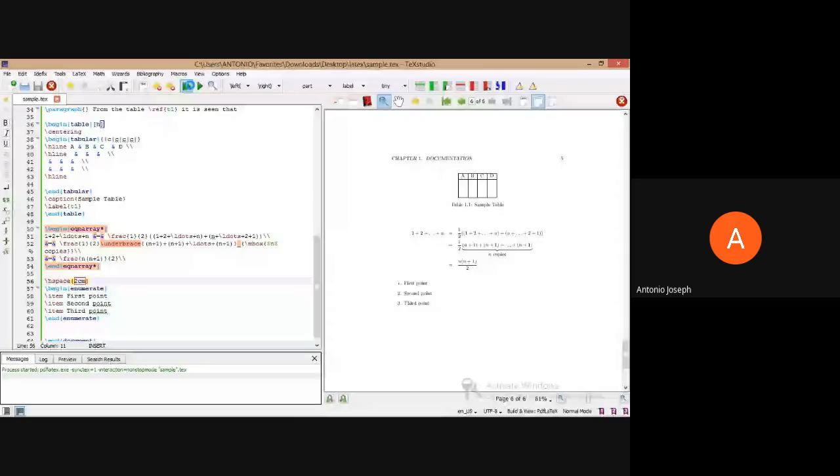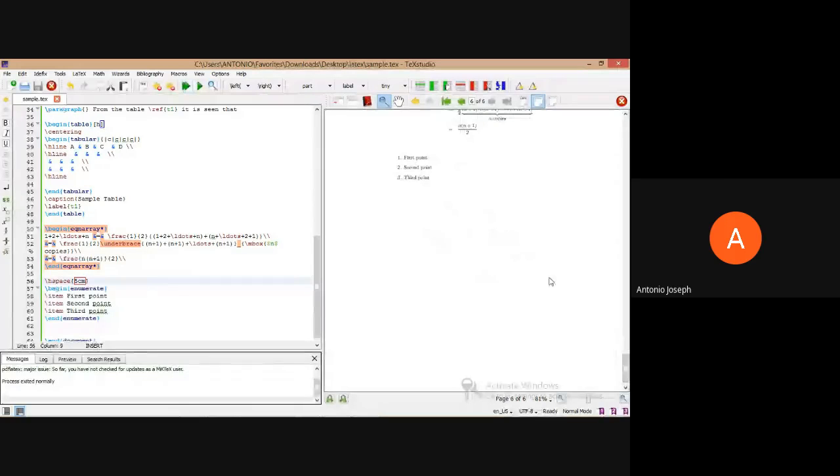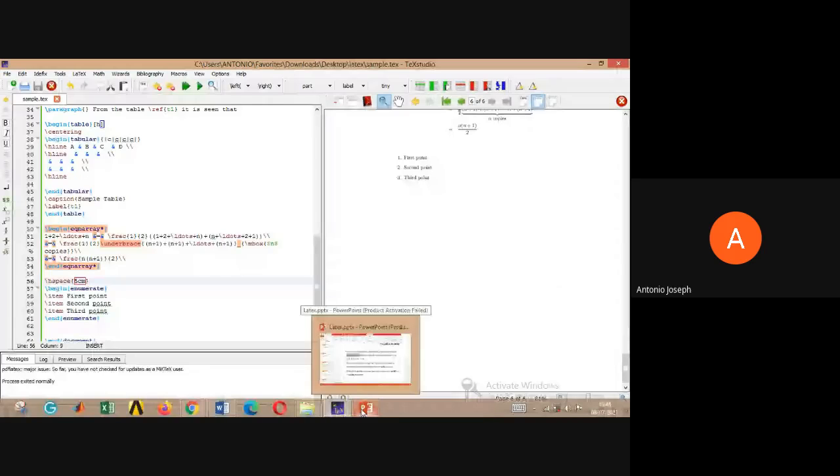So the space will be in between. Okay. So if you are doing this, you can give more number of space. And now it has a 5 centimeter. So that will be providing a vertical space, and it is also having a limit. So that's another thing using this LaTeX. We cannot specify the dimensions as per our wish. It will be providing a particular sort of vertical space, and then it will be stopping over there.